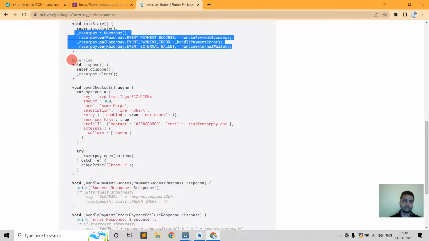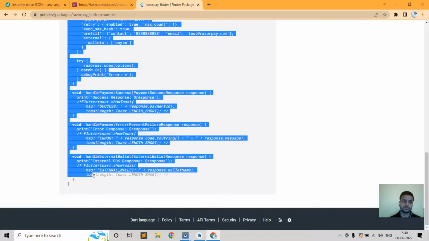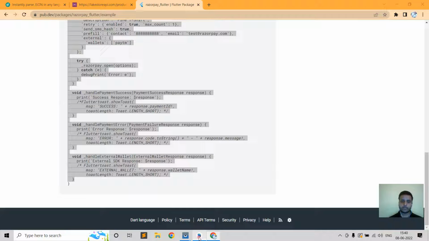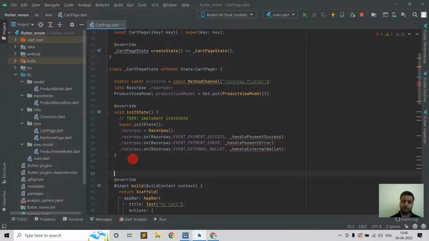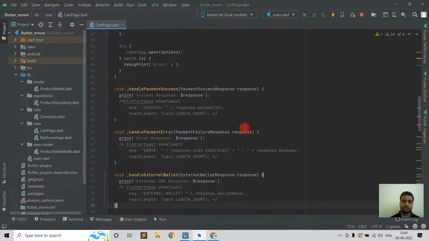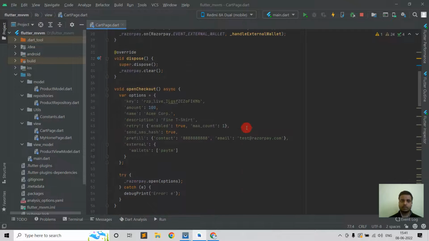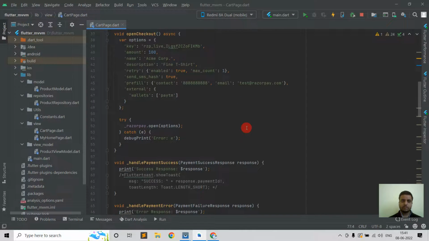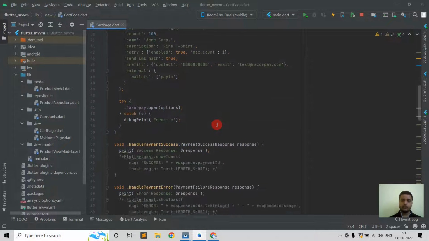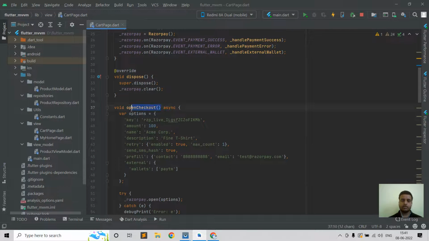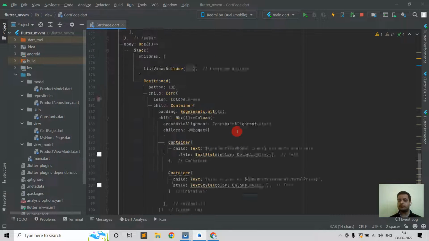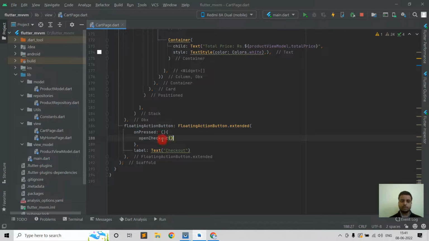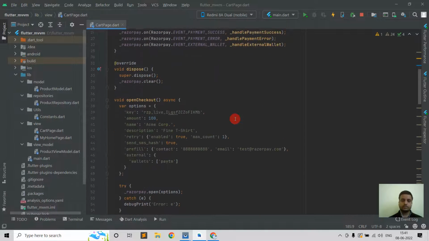So copy all these methods and paste here. Now everything is good, and now we need to copy this open checkout method and pass here. Okay, and